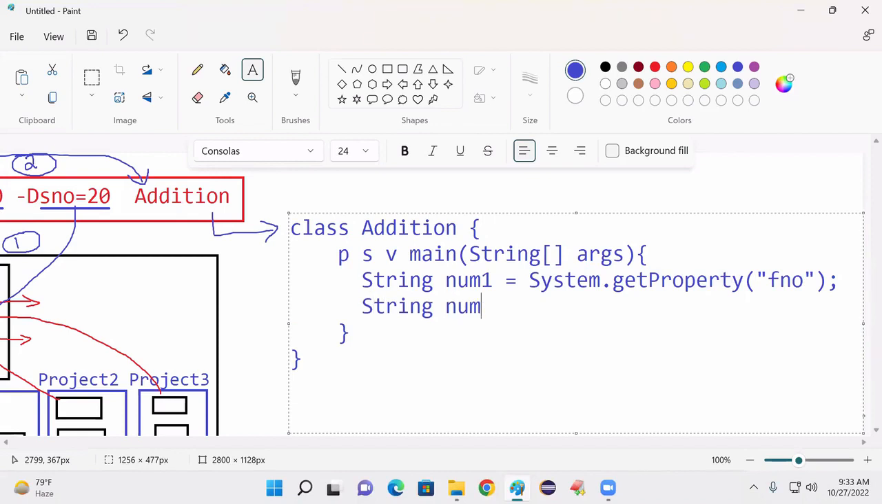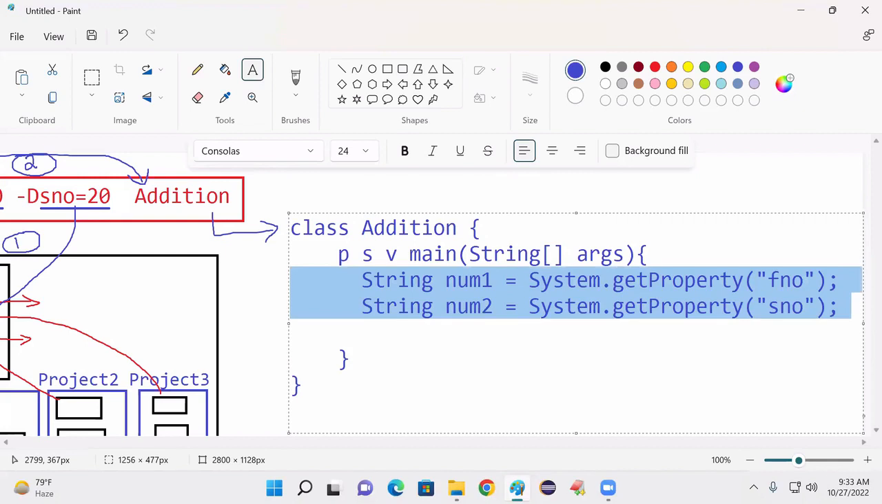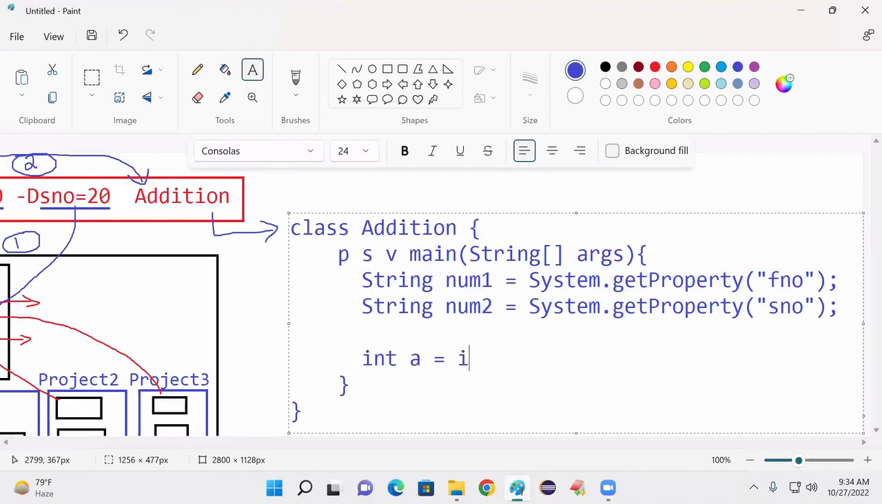String number2 equal to System.getProperty of double quotes SNO. Java is case sensitive. The property names you have to write like this only. Uppercase, lowercase, be careful. Now you want the numbers as strings or as integers? Then further what code you should write? int a equal to